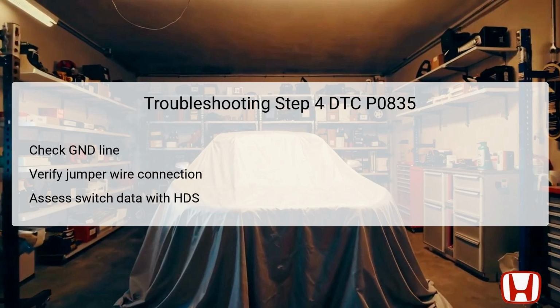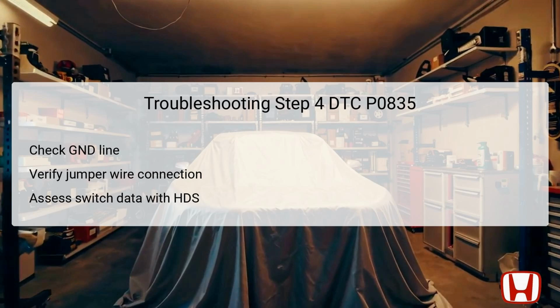Once connected, the technician again checks the status of the clutch pedal position switch B in the data list using HDS. If open is indicated, it confirms the ground wire is intact, and the troubleshooting can proceed to the next step. Conversely, if not, a repair on the open GND wire between the clutch pedal switch B and ground point G401 is required. Grounding issues can often lead to miscommunication within the electronic systems, causing various performance problems, so this